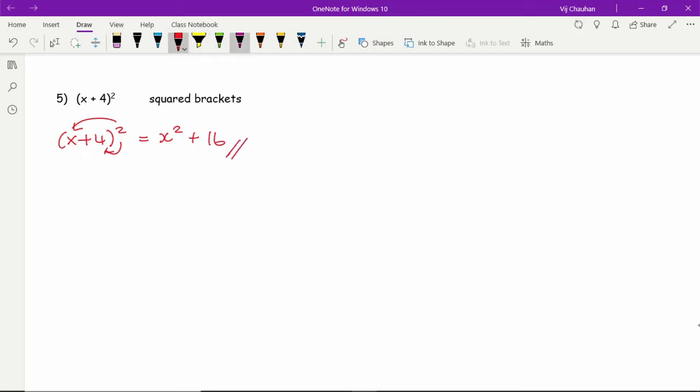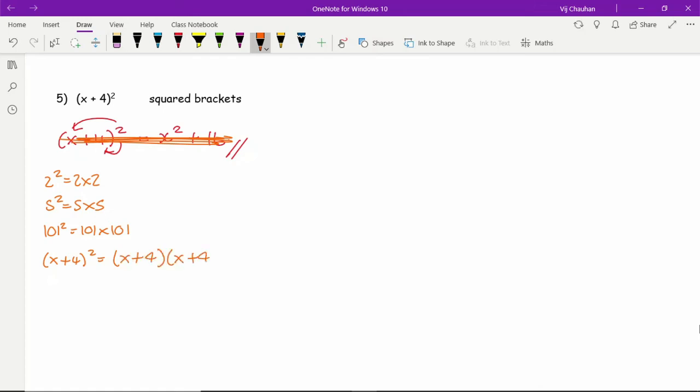Now, unfortunately, that is completely and utterly wrong. Do not do that. If you think back, 2 squared means 2 times 2, 5 squared means 5 times 5, 101 squared means 101 times 101. So if you had x plus 4 squared, then what that means is x plus 4 times x plus 4. So using your grid method, now if I just remember this is x squared plus 16, we can then combine